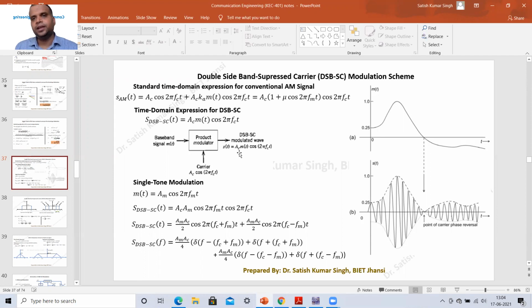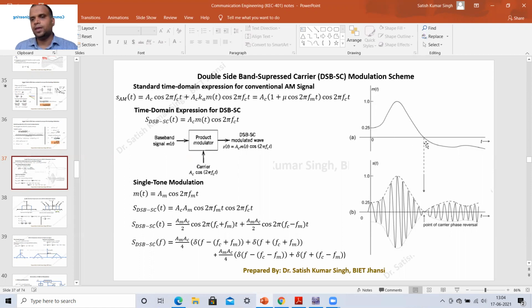In circuit form, there has to be a circuit that performs a multiplication between the two signals. That we have to implement, and this was the basic waveform that I showed you. We have a message signal, and then this message signal has to be multiplied with the carrier so that this type of waveform is expected. There will be a phase reversal of the carrier whenever our message signal makes a 180-degree phase shift.